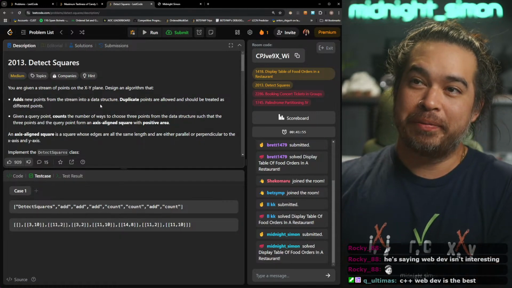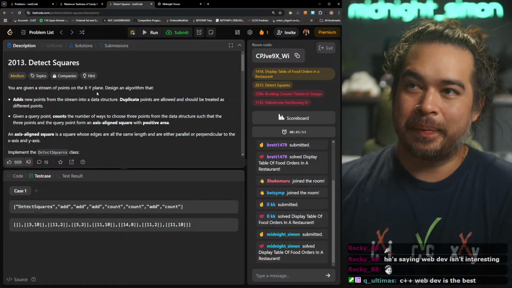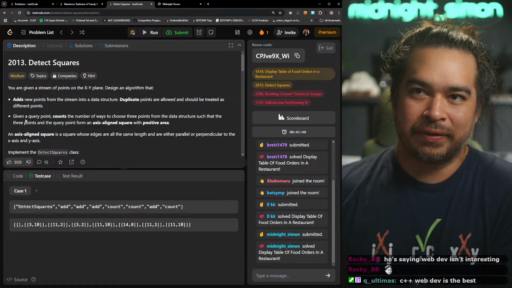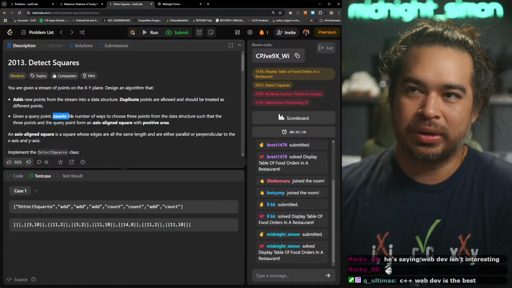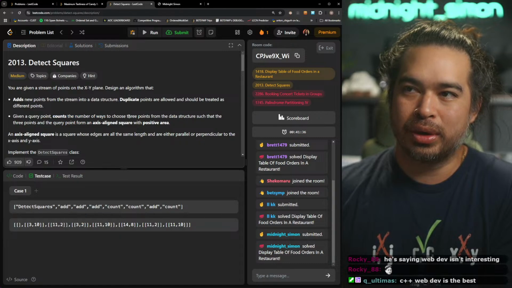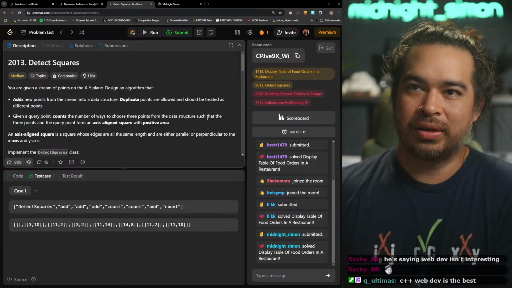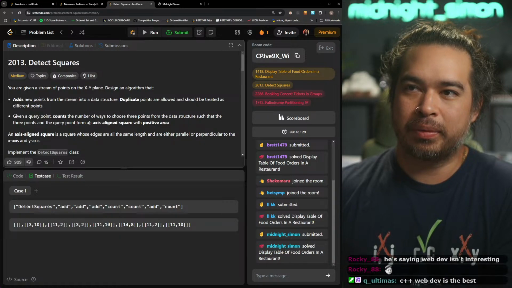You're given a stream of points on the XY plane. Design an algorithm that adds new points from the stream into a data structure. Duplicate points are allowed and should be treated as different points. Given a query point, count the number of ways to choose 3 points from the data structure such that the 3 points and the query point form an axis aligned square with positive area.